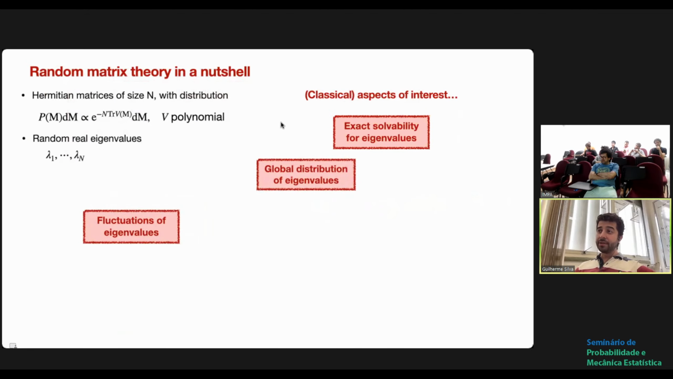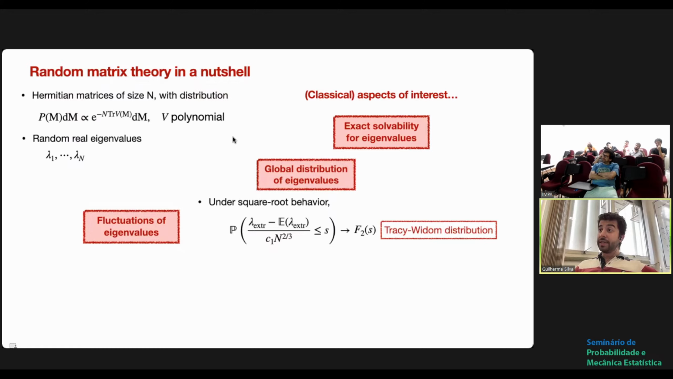Once you have a thorough understanding of eigenvalues on a global scale, you may start asking more refined questions. Let's say, the law of large numbers for eigenvalues. You can also ask about central limit theorems for eigenvalues, so fluctuations. For instance, the result I just told you about the law of large numbers gives you that if you take the maximal eigenvalue, it will converge to a very well-defined limit,